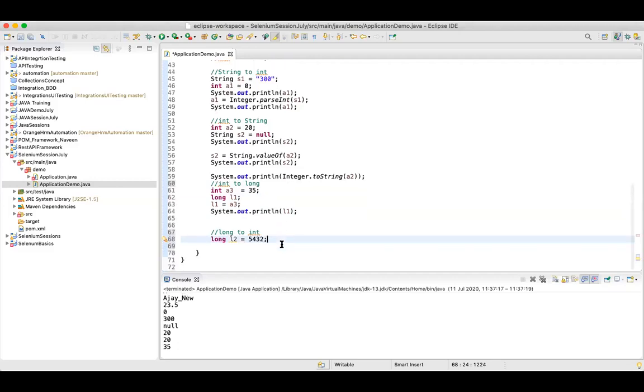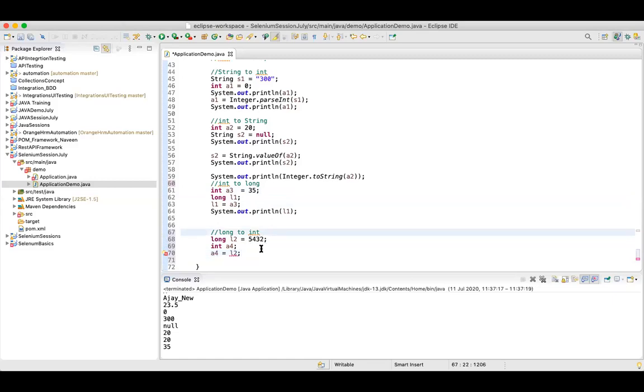Let's say 5432 is the value. Now I'll define one more integer variable because I want to convert it into integer, the way we did for integer to long. Can we try the same method over here? Just assign the long value to integer. Let's see. So a4 is equal to l2.